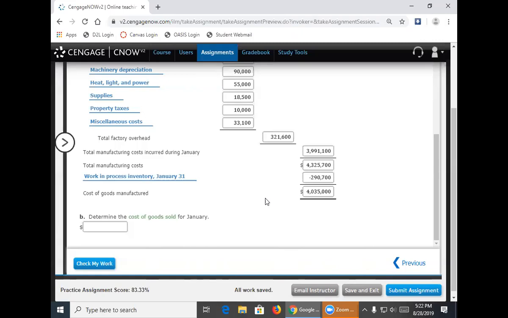And that formula is on your notes. So on your notes, you will see just the formula. Cost of goods sold equals beginning finished goods inventory plus cost of goods manufactured minus ending finished goods inventory. Again, really what you're doing is balancing that finished goods account. Okay. So cost of goods sold is